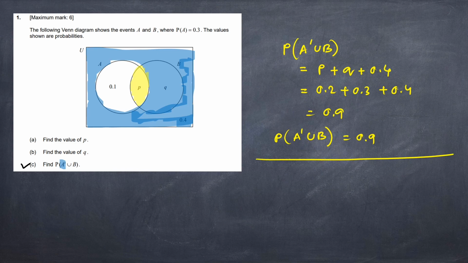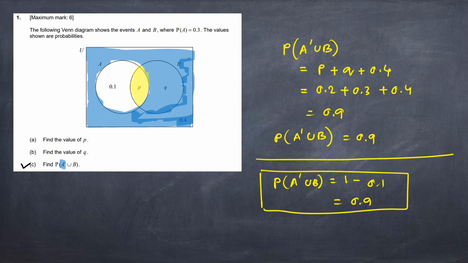Again, there is another way to do that. This is the part that we are excluding from the complete region. So we can write P of this is basically 1 minus 0.1. So we are getting 0.9. So this can also be done. In this way this problem is solved. Now we will move towards the next question, question number 2.